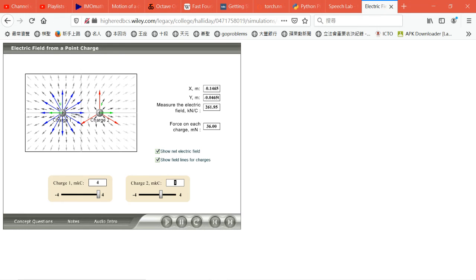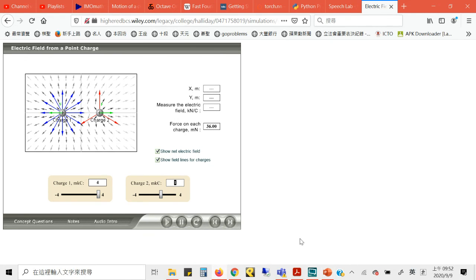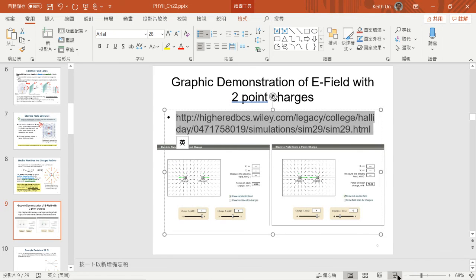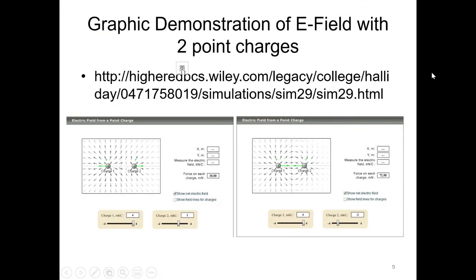We have more arrows here, and this one is weaker. It shows only 3 arrows. But this is just a demonstration. You cannot say, oh, why does it only draw 3 arrows, why does this draw 12 arrows. It's just a demonstration. Comparatively, this is 4 times bigger than that. So this is a visual demonstration of the E field. Okay, so